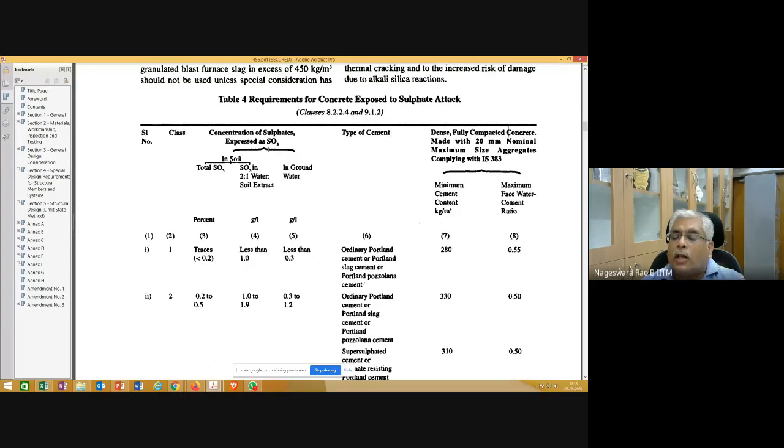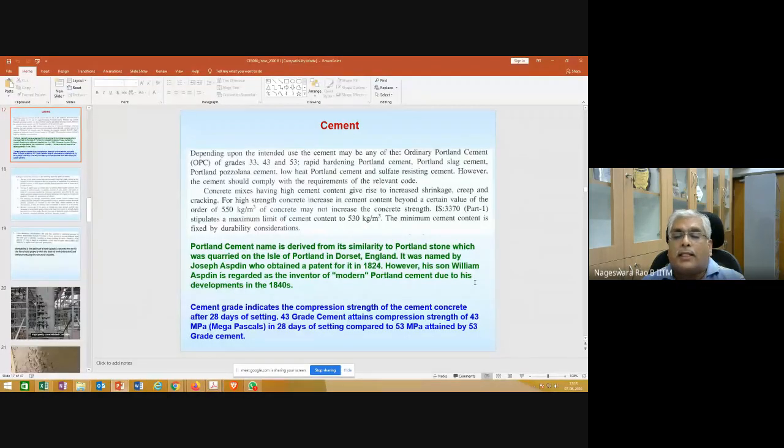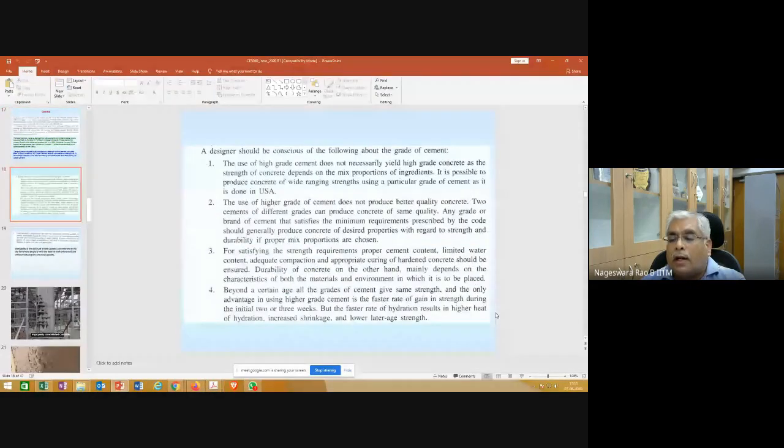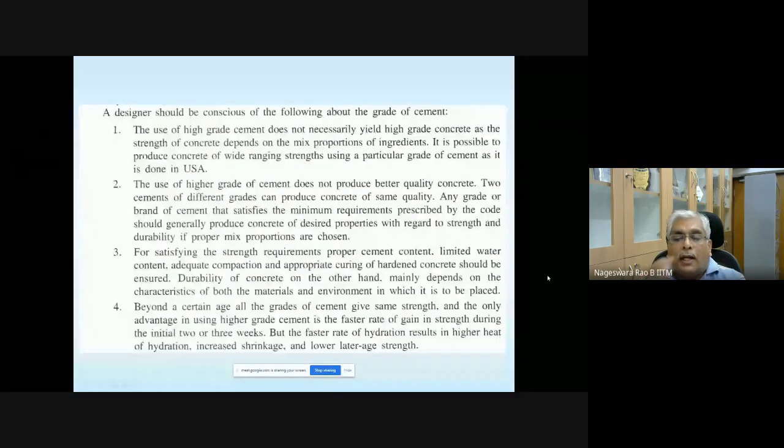Okay, so what I suggest is you also need to open your IS 456 and familiarize yourself with what is actually discussed on which page. All those things you need to have some idea. Okay, so now let's come back to continuing yesterday's class. Yesterday I have not gone through this one. Let's quickly make a note of some of these points.